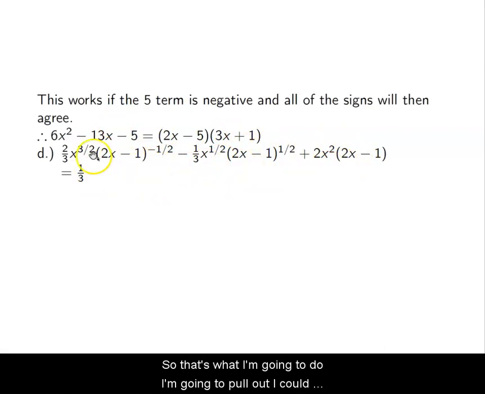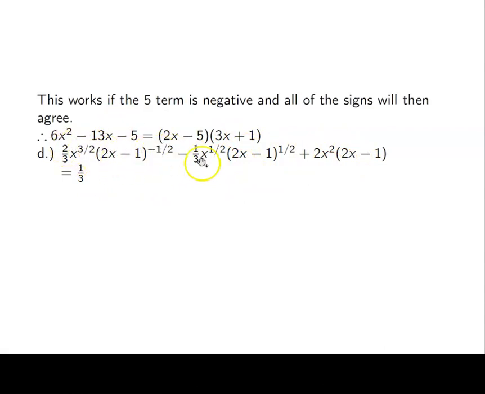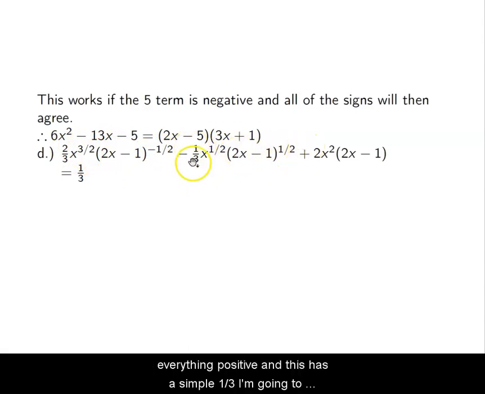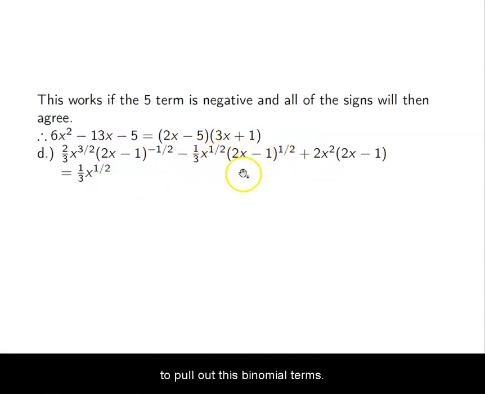I could have done 2/3 and 3/2 and negative 1/2. It's probably going to be easier if I just keep everything positive and this as a simple 1/3. So I'm going to pull out 1/3, I'm going to pull out x to the 1/2, and I'm going to pull out this binomial term as well, right? So we'll start with the first one. Pulling out a 1/3